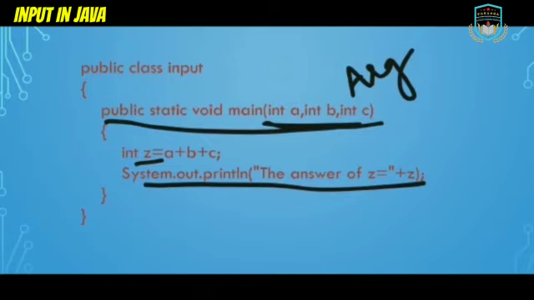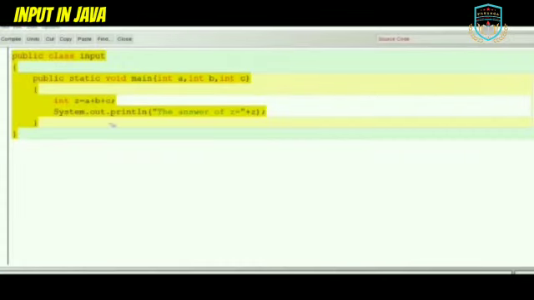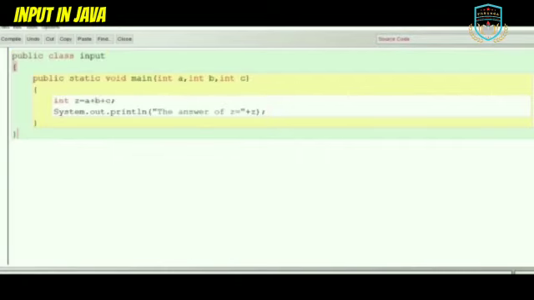Now a question will arise in your mind: from where will we get the values of a, b and c? So that I'll show you in the BlueJ interface. So this is that sample code. So we can try this here. They have already declared three arguments here, int a, int b and int c, used in the main method, and you have to understand this concept clearly. Now compile this here, and no syntax error. Close this.